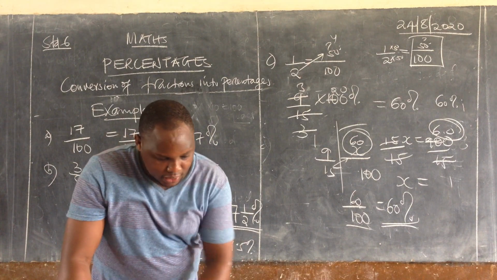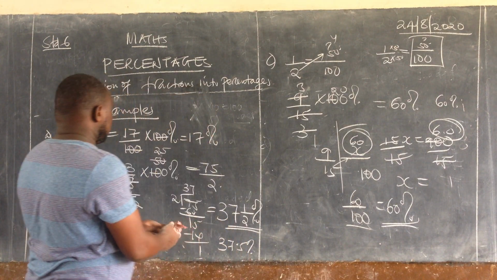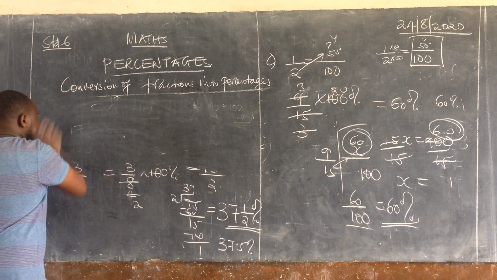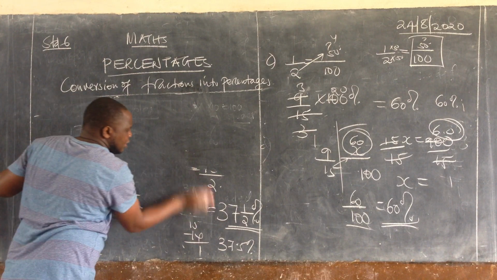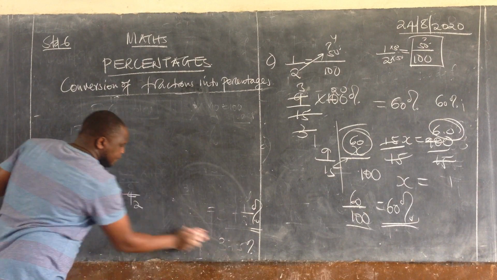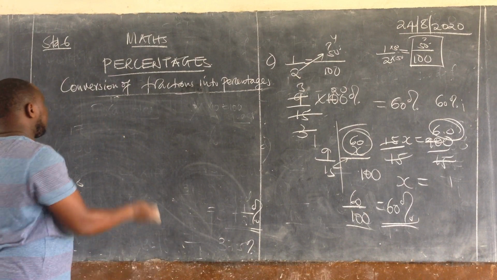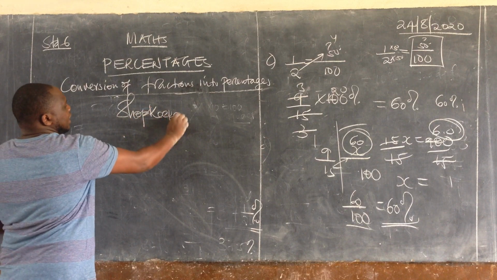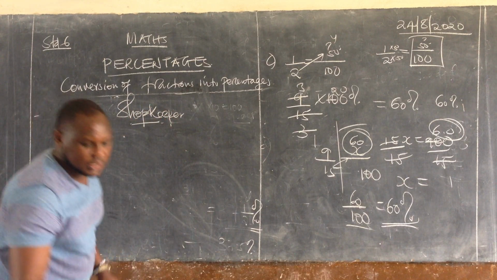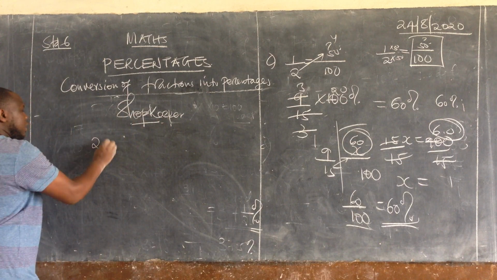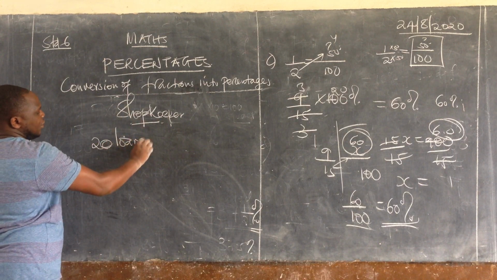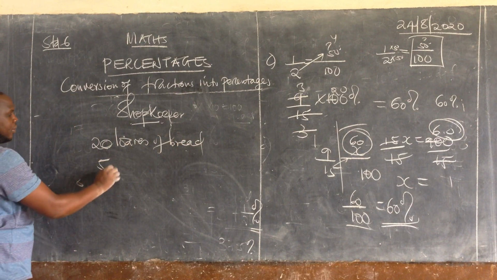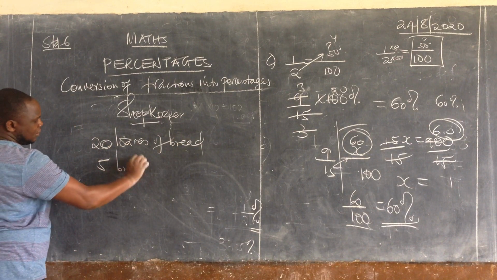So I have done what I wanted to do in this lesson. And now I know you're asking yourself, where do we apply these percentages? Sometimes maybe you're a shopkeeper. A shopkeeper can sell things in terms of percentages. Like for example, if the person bought 20 loaves of bread, and maybe five breads went bad,